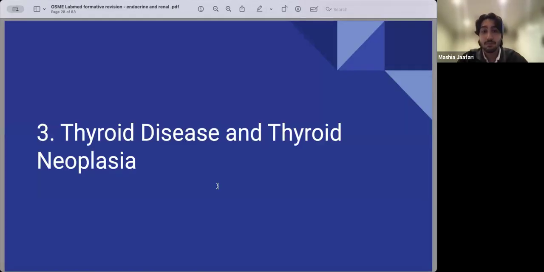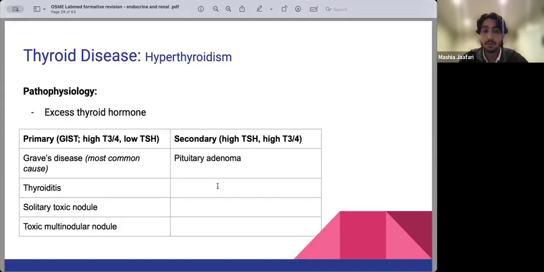Okay, moving on to the thyroid. Starting off with hyperthyroidism. We know that that is excess thyroid hormone, and it can be either primary, so due to a problem in the thyroid itself, or it can be secondary, so a problem in the signaling pathway, so either from the pituitary or the hypothalamus. So in terms of primary hyperthyroidism, it's most commonly caused by Graves' disease, but can also be